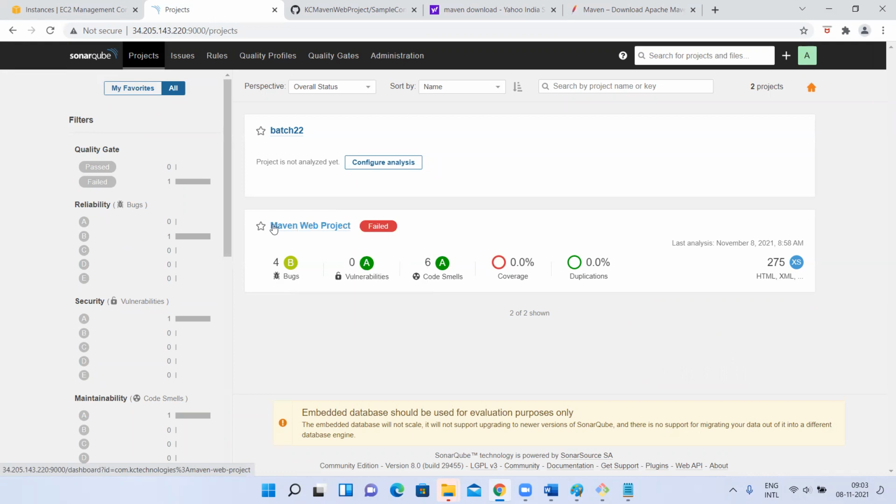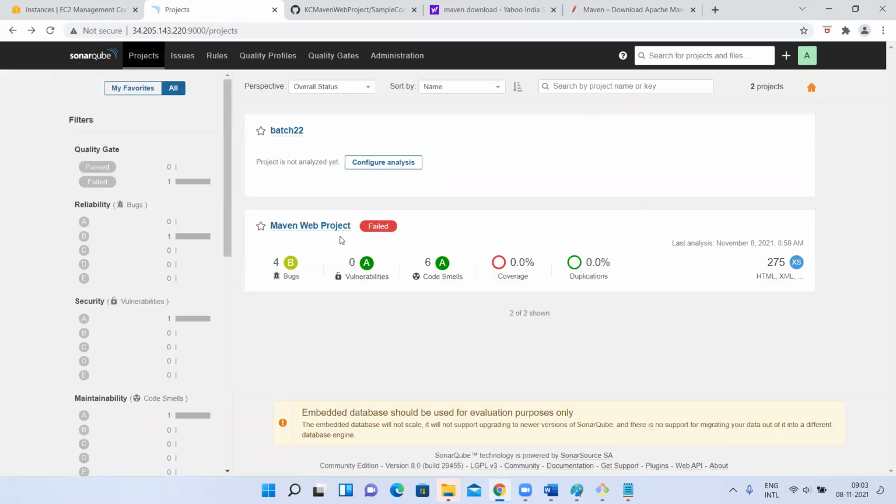This project, whatever we have uploaded. Like this, we can use SonarQube for n number of projects. It doesn't mean one SonarQube has to be used for one project. I'll use the Flipkart application, and it will show here. I'll use the Amazon application, pom.xml.